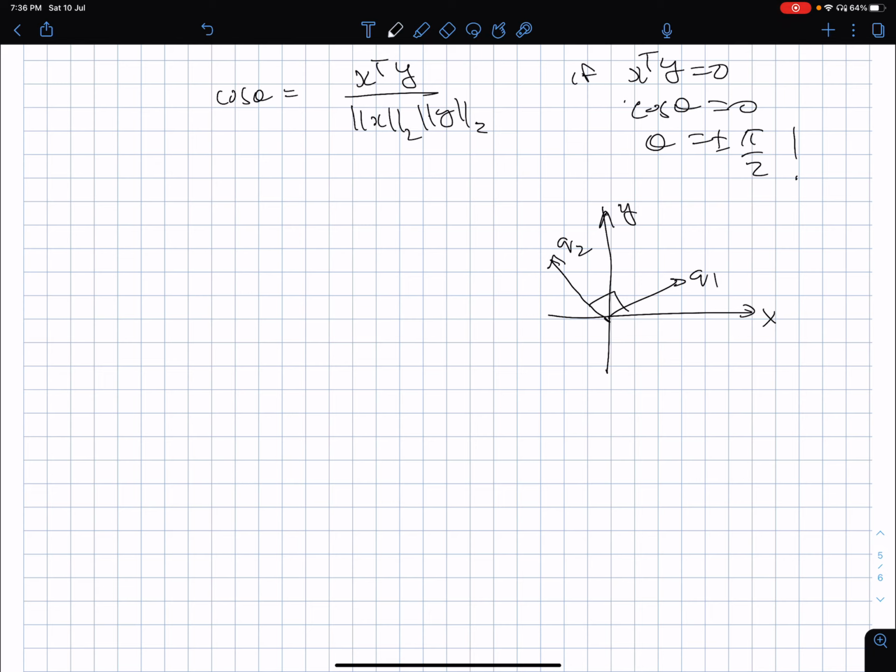So this is as good as saying that instead of choosing x and y, or i and j, as coordinate axes, if I would have chosen coordinate axes as q1 and q2, then the corresponding matrix A in this new coordinate frame would have turned out to be a diagonal matrix with diagonal values lambda 1 and lambda 2. So now it is clear that